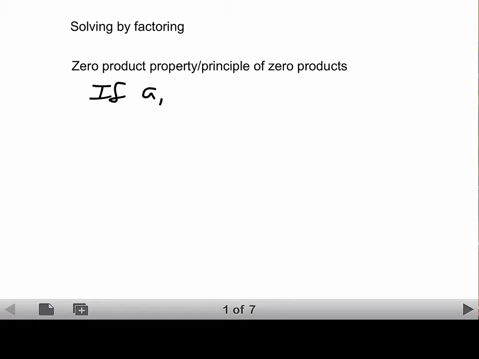In this session, we're going to solve equations by factoring. And in order to consider that, we should start by looking at what's called the zero product property, or the principle of zero products. And it says if A and B are real numbers, don't let the symbols scare you,